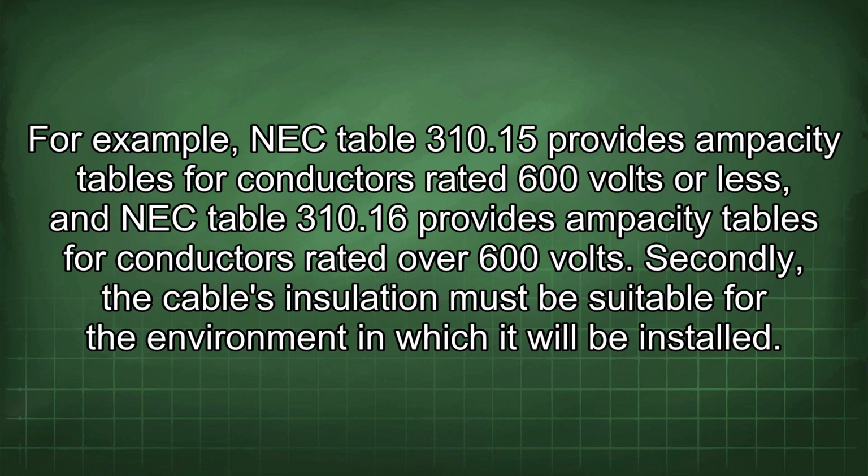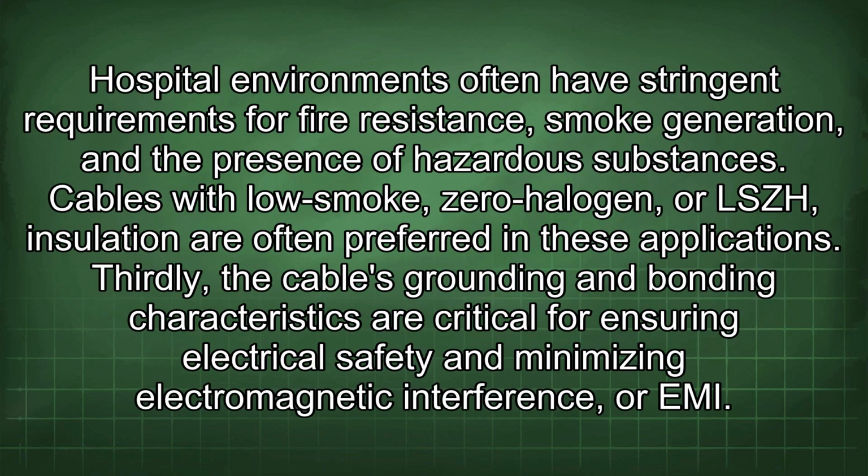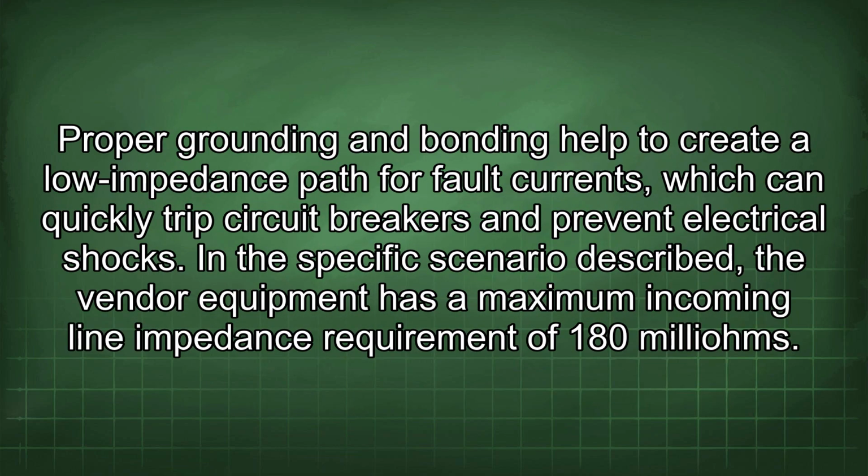Secondly, the cable's insulation must be suitable for the environment in which it will be installed. Hospital environments often have stringent requirements for fire resistance, smoke generation, and the presence of hazardous substances. Cables with low smoke, zero halogen, or LSZH insulation are often preferred in these applications. Thirdly, the cable's grounding and bonding characteristics are critical for ensuring electrical safety and minimizing electromagnetic interference, or EMI. Proper grounding and bonding help to create a low impedance path for fault currents, which can quickly trip circuit breakers